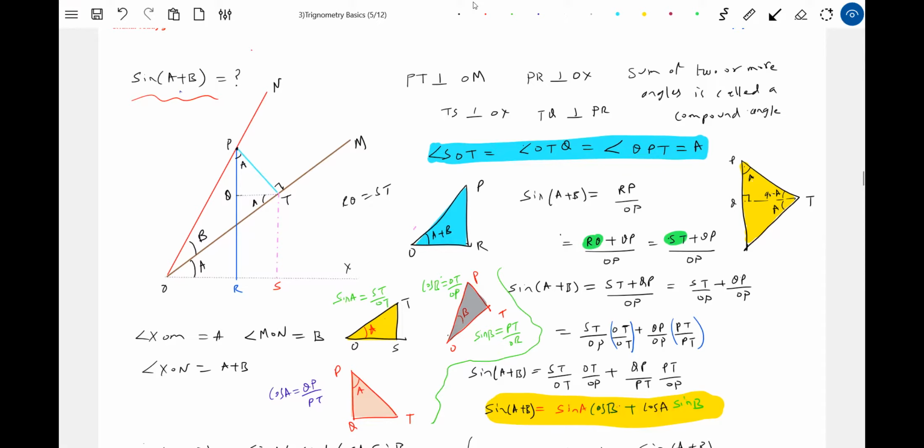It is again an identity, not just a formula. It is being derived using coordinate geometry with the help of triangles here. Now, when you're learning, learn the reason, not just go for the formula.